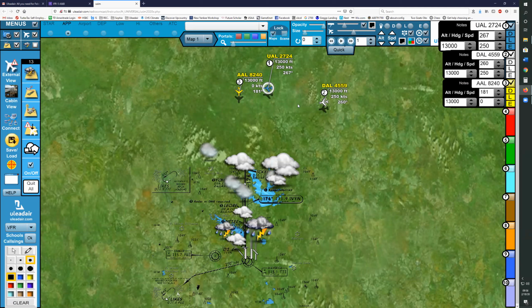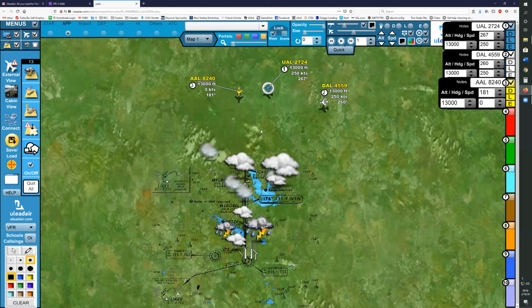problems with the localizer. ATC calls American 8240 after vectoring: American 8240, report the field in sight, expect a visual approach. So, who's that? Guillermo, go ahead and call Fort Worth approach.